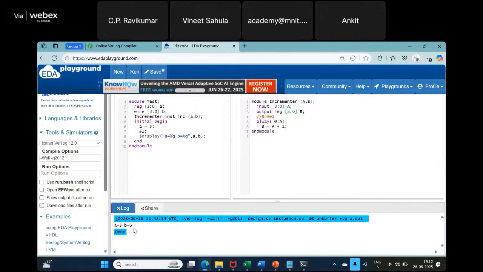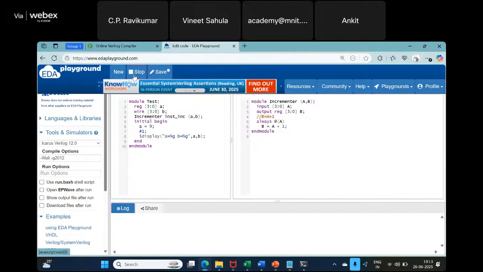So you can see it increments. I gave 5 as the input and it was able to increment and show 6. So similarly, if I try 9, it will possibly show me 10,